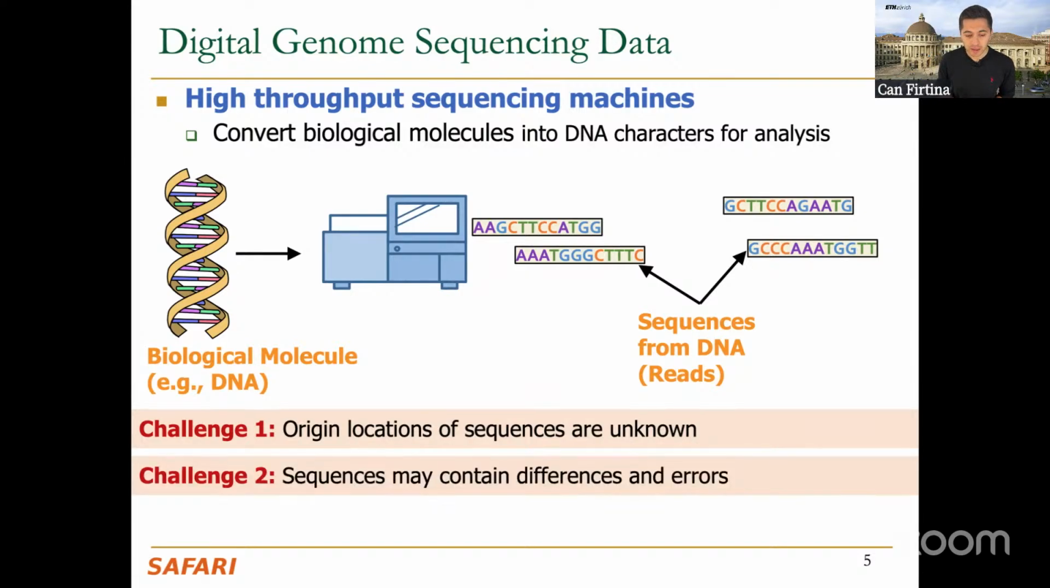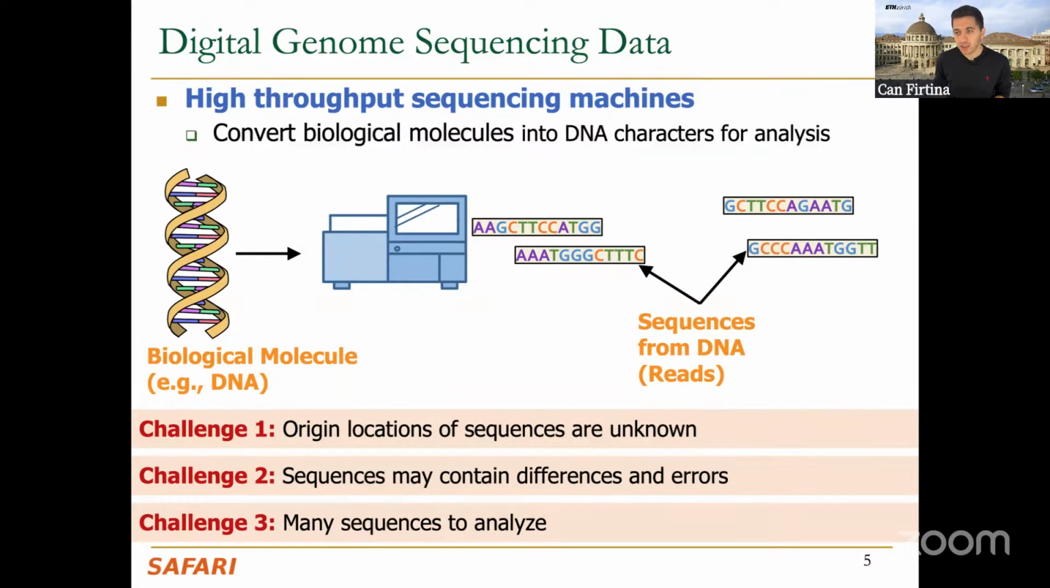Second, these sequences, once they are converted into their digital form, may contain errors. These errors may be introduced by the sequencing machines themselves due to noise or the technological limitations that they have, or by the later computational parts, for example, that translate this raw data to the individual bases. And as a third challenge,